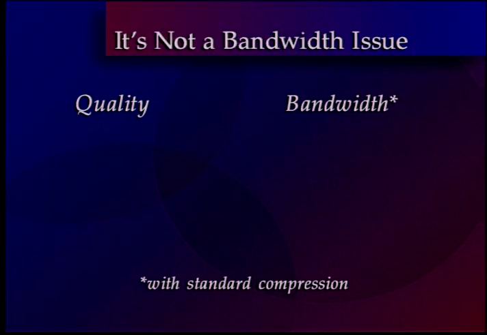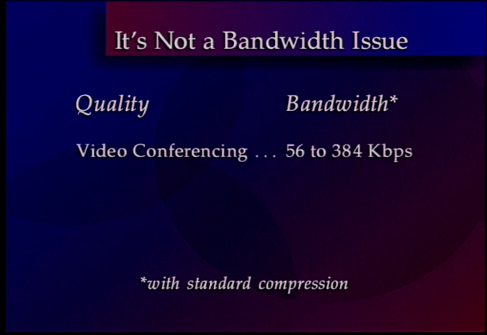So one of the first concerns is bandwidth. One of the considerations for multimedia is to provide sufficient bandwidth for whatever is being transferred to be transferred in a timely fashion. One of the things to consider in evaluating this is that an Ethernet network provides a total of 10 megabits per second of bandwidth. So when we look at multimedia, specifically video mixed with audio, current video conferencing applications typically run at 56 to 384 kilobits per second.